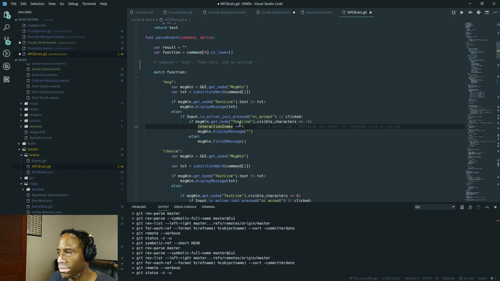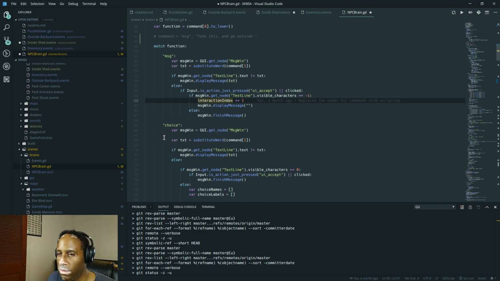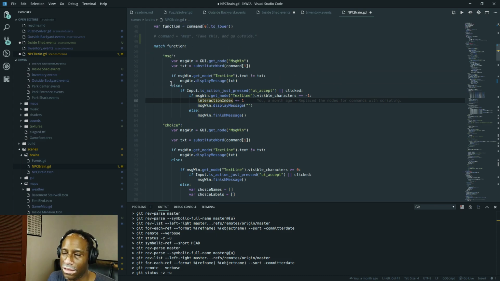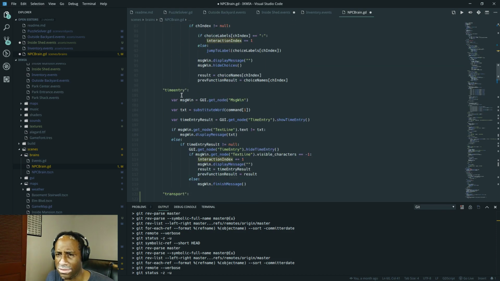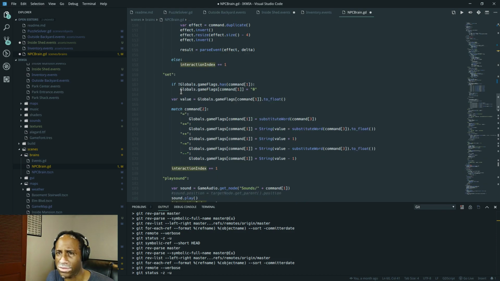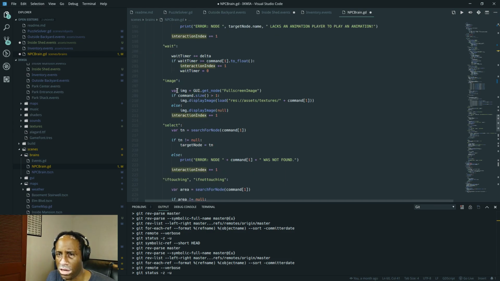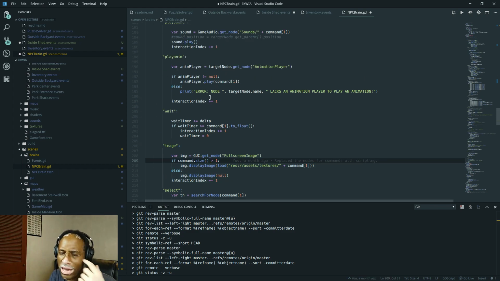So overall, it's not too complex. Once you get one of them, you're good to go. I would probably say displaying a message or maybe waiting a second is a good place to start, because that's really easy. It's really simple. It gets the job done. It's very straightforward. Displaying an image on the screen is kind of complex because there's more to it. But waiting is something that you can just do with a variable inside of the